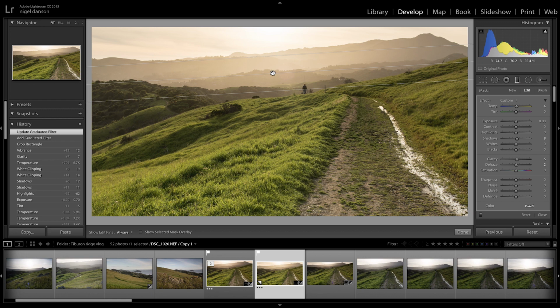So I just use this graduated filter here, and this operates just like a graduated filter in the field, although it's better to do it in the field because then you've got a more dynamic range to work with later. So here you can see, if I just hover over this, what's going to be affected. And then with this bit here,